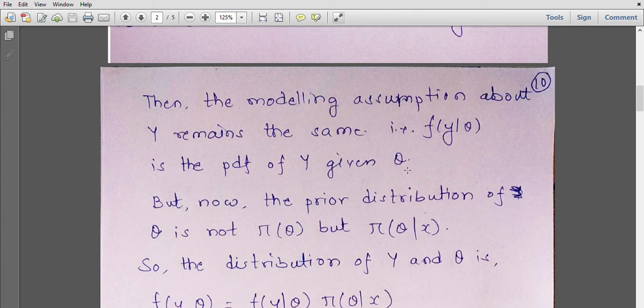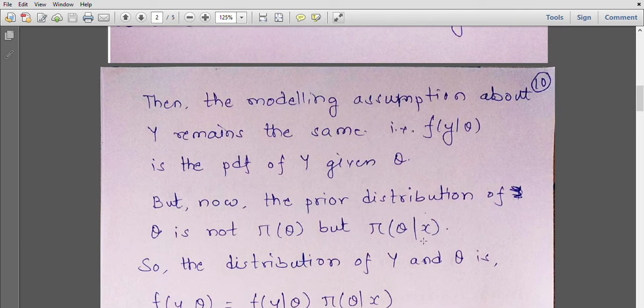So clearly we feel that we should not use pi(theta) as the prior distribution of theta now, because we are going to soon observe another data point. Instead, the prior distribution of theta should be pi(theta given x), because the information which we get here regarding the distribution of theta is not same as the information which we are getting through pi(theta). If we use pi(theta) again here for getting the joint distribution of y and theta, then it will be as if we are ignoring the information about theta which we have got through x, the earlier data point.